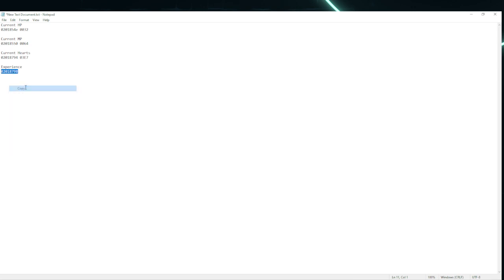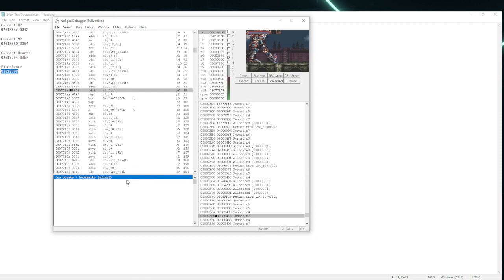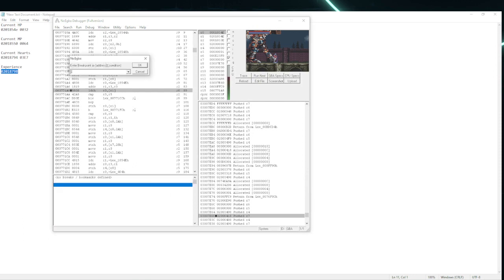set up another break. Now this break, we're going to do the way I was initially explaining it. So you right click, define the breakpoint. You have to do the brackets because this is a memory address, a RAM. The other way, by clicking on the instructions, is when you want to set a break on instructions, whenever that instruction occurs. One thing to be aware of is some games have